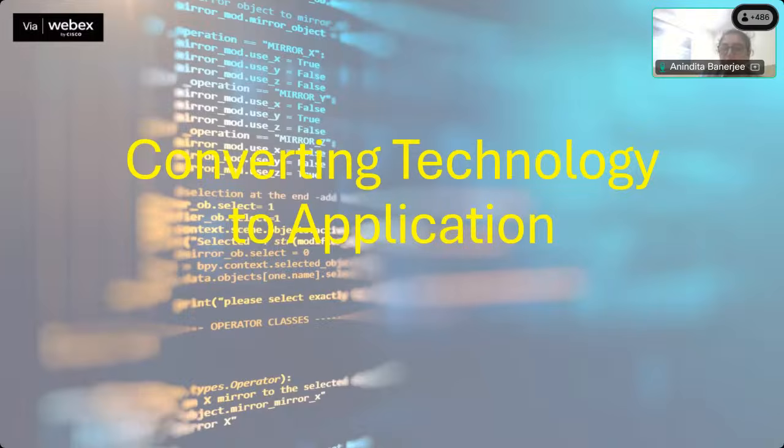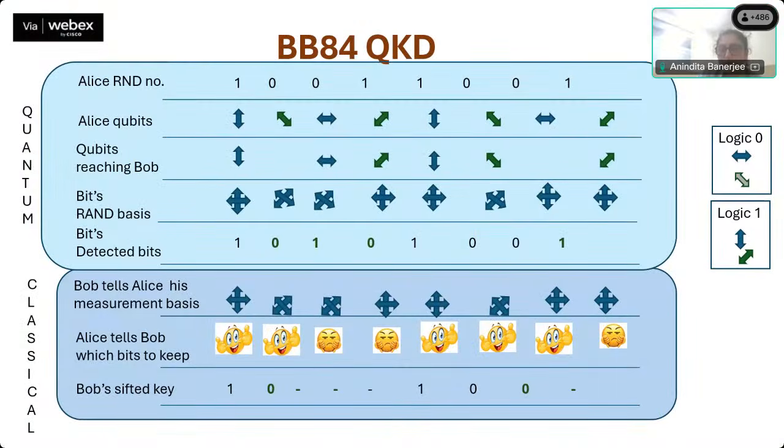So now how do I convert this technology to application? Basically we were discussing application since we started talking about QKD. So here is BB84 QKD. BB84 QKD comes under prepare and measure. And this should now be very clear, because the earlier examples were meant to simplify the understanding. You can see the rectilinear basis